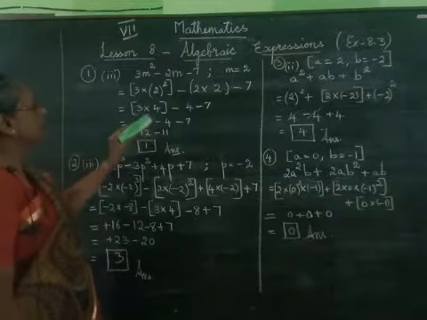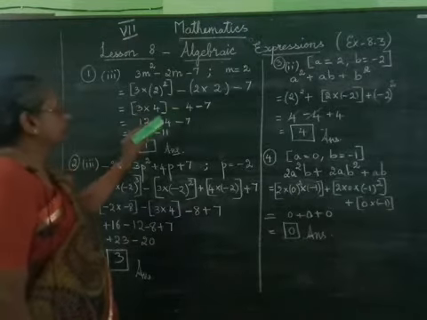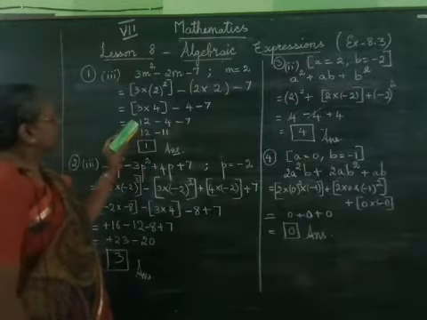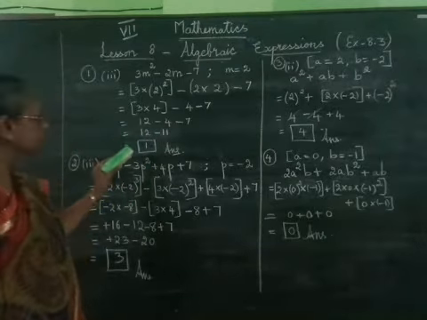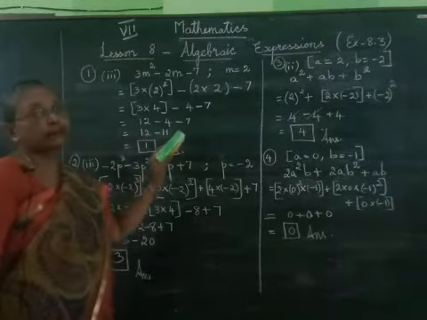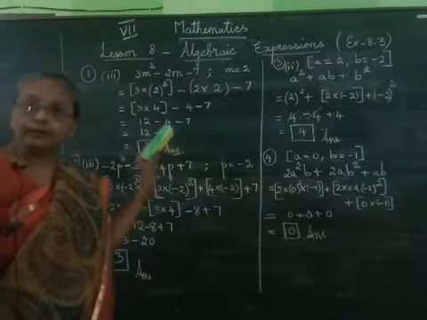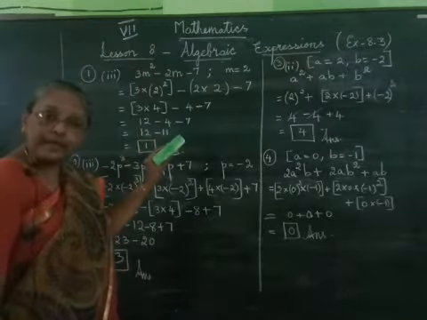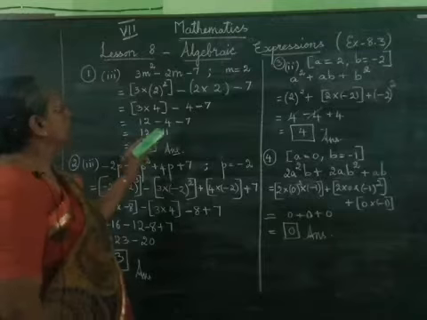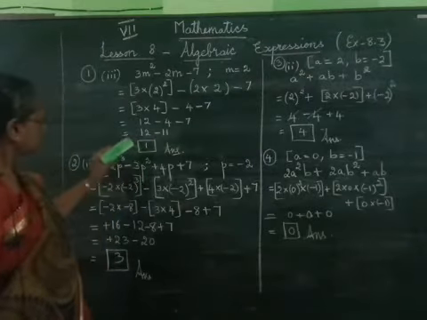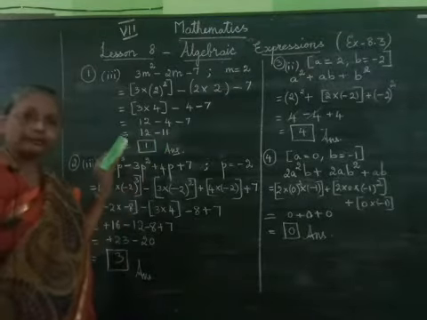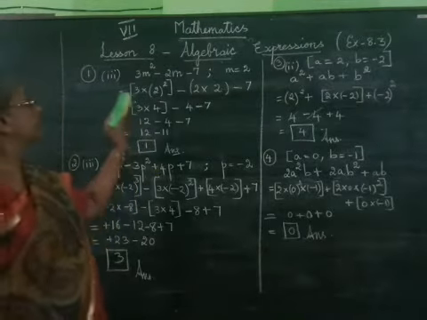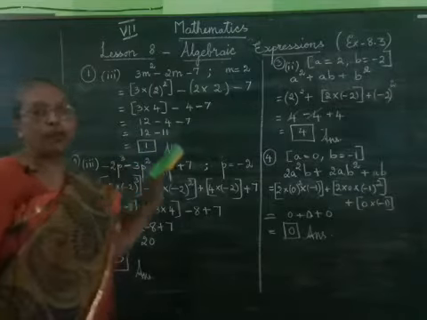And here 3 into 4 again is 12. Minus 4 minus 7. We go step by step. Then 12 is positive, so I have written it as it is. Then minus 4 and minus 7 both are negative, so we put them together and put the common sign minus. Add and put the same sign. That rule holds here. So we put minus 11. 12 minus 11 is 1. So the final answer, the value of this expression, is 1.